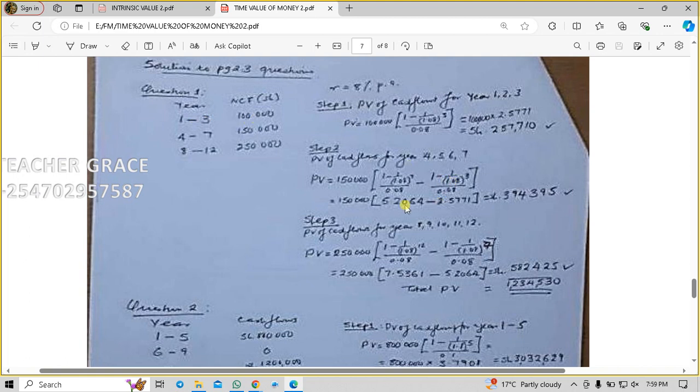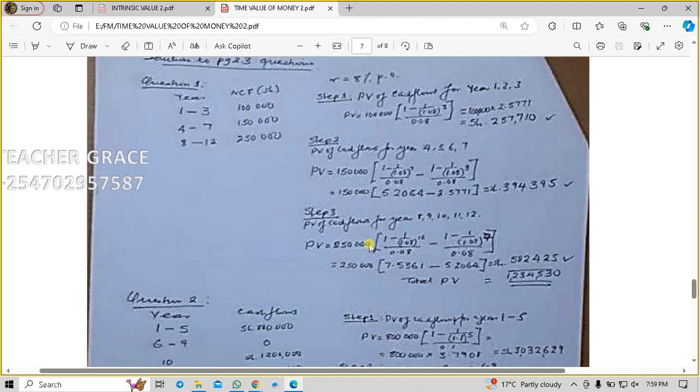So from there, 5.2064 minus 2.5771, when you subtract and you multiply by 150,000, you are supposed to get 394,395. Then you come to step 3. In step 3 we have year 8 to year 12. So the present value will be 250,000 into 1 minus 1 over 1.08 power 12, over 0.08 minus